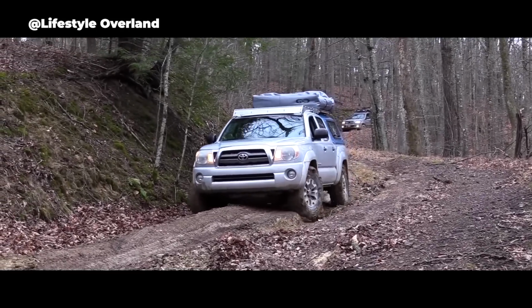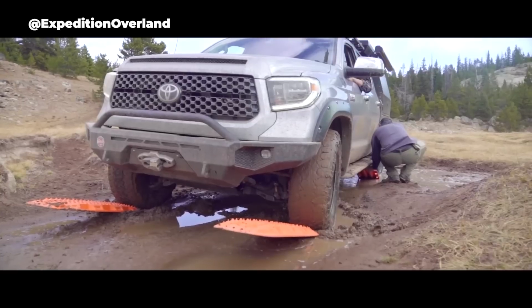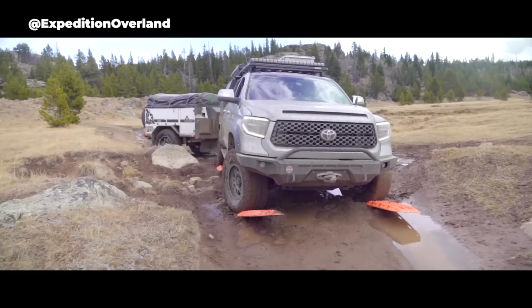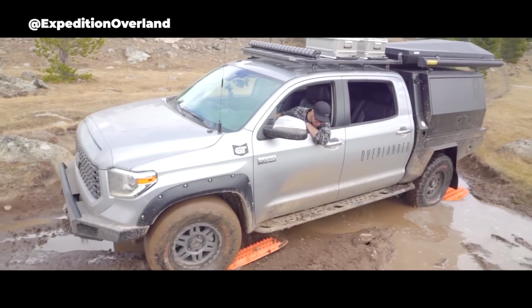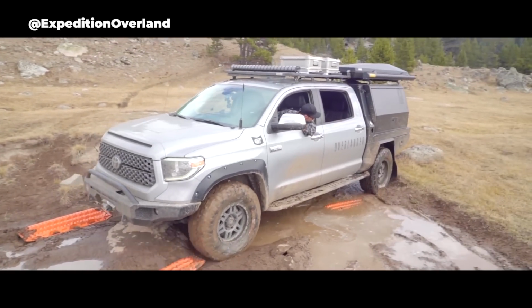There's like 12 different names for the big plastic things that you see stuck on the side of Jeeps or up on the rooftop carrier that they use to get out of a situation where they're stuck and you need some extra traction. So you throw the boards down, you drive right out, long story, you've probably seen them in use. So those guys, the Overlanders, not only do they focus on